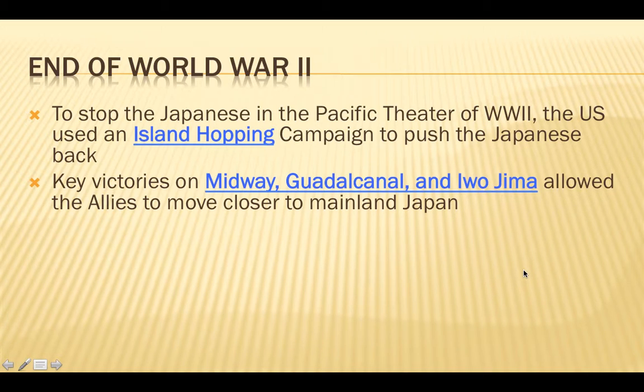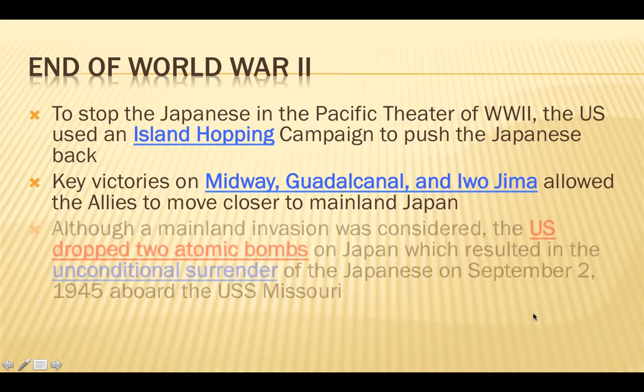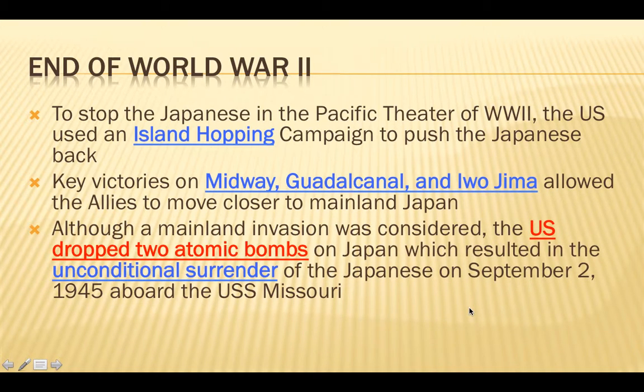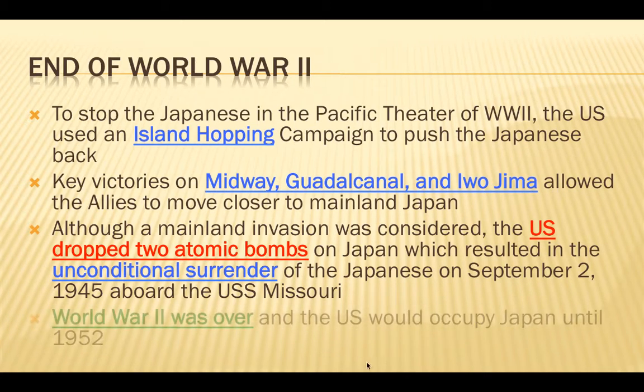And it allowed the Americans to get closer to Japan, although the biggest thing was the dropping of 2 atomic bombs on Hiroshima and Nagasaki, which resulted in the Japanese surrendering in 1945. And World War II was over, and the U.S. actually then occupied